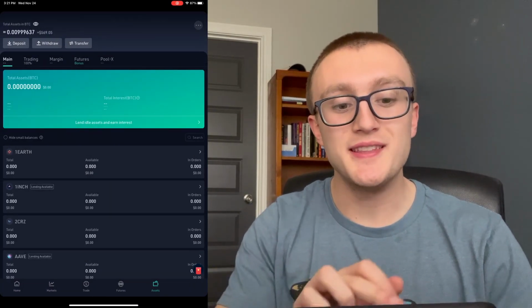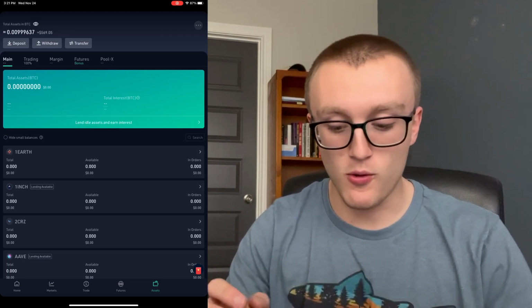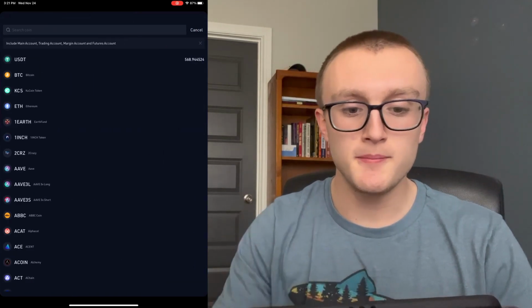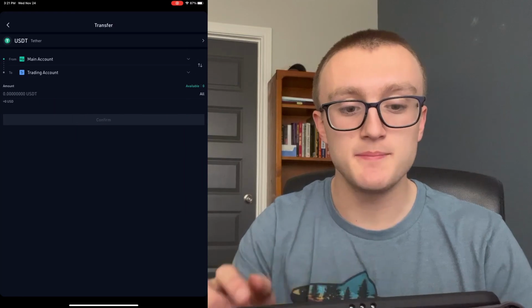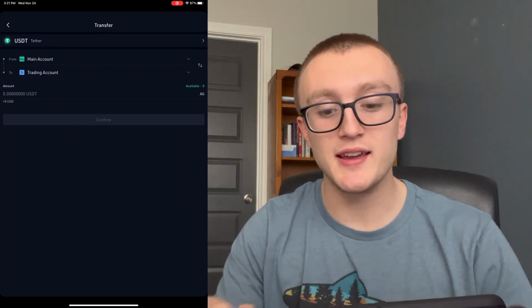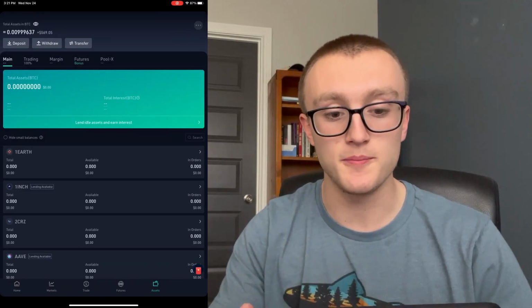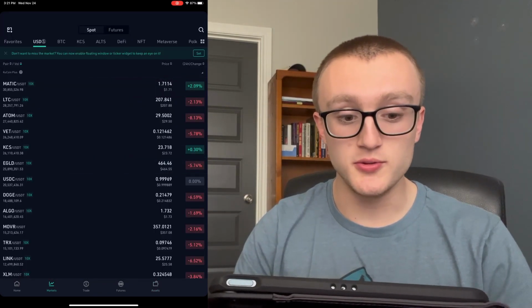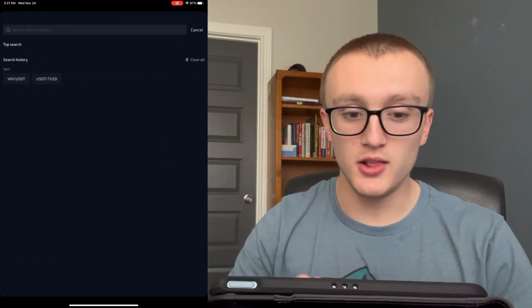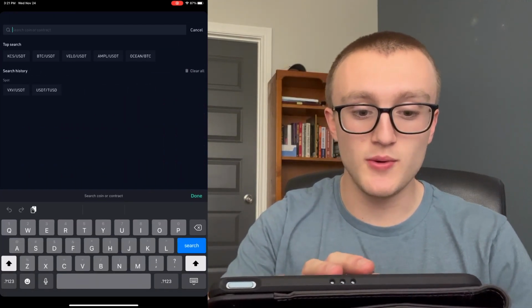Now it's first going to show up in this main account. What you want to do is transfer and then click USDT and then switch it to your trading account. I can't hit confirm because I've already done that, but you want to hit confirm and get it into your trading account. Once you do that, you're going to go back over to markets and look up VXV